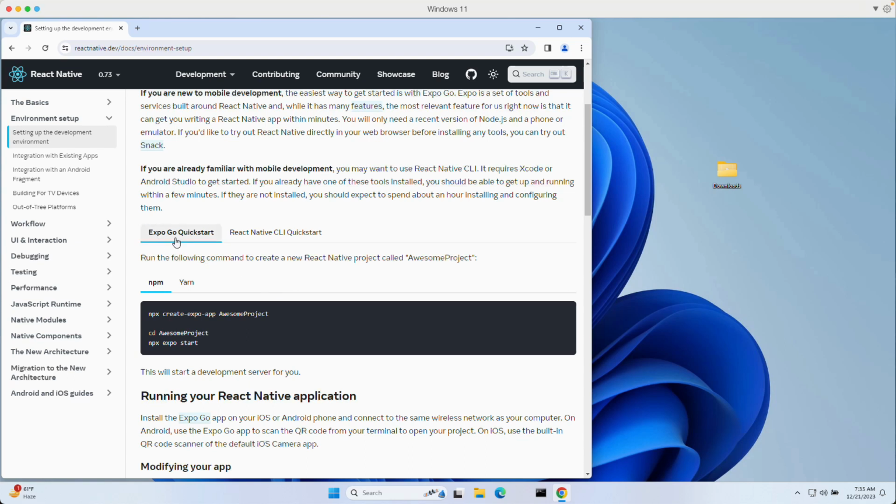One is using Expo Go, and the next is the React Native CLI. For this course, to get started quickly, we'll be using Expo Go, and with this it will be much easier and quicker to get started. However, if you are already familiar with app development, you can go with the React Native CLI. For that, you need to install Xcode, Android Studio, and all of that other stuff. But let us see how we can use Expo Go to create a React